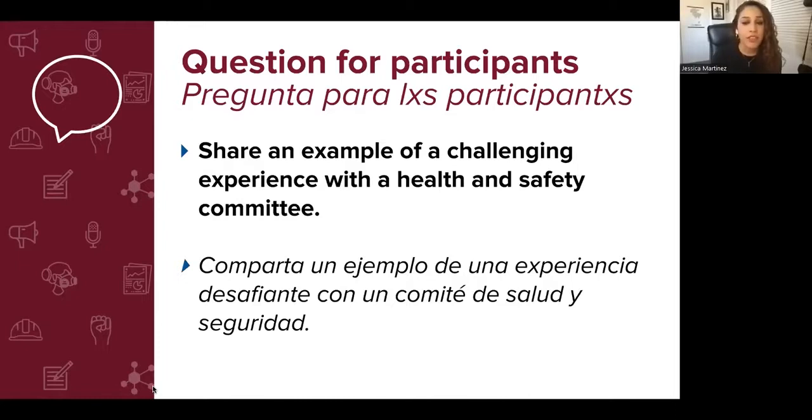That's right. Thanks so much, Alex, for sharing that. I appreciate it. And yes, that is a common problem that you see, especially among the second type of committees that I mentioned, which is worker management, where you do have maybe a contract or a law that mandates it, and it's sometimes, like you said, a compliance check mark to ensure that happens. But we'll talk about how we can change that dynamic later today, because that's the goal of today's session: how do we make committees that build worker power, not just create that space. And we have a second comment. I know your hand has been raised for some time. Christopher Hibben, if you'd like to unmute yourself and share what your challenge has been.